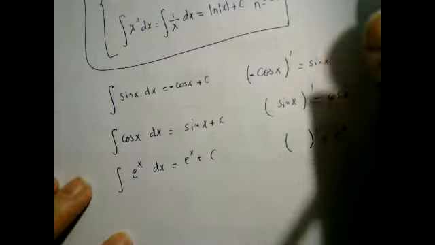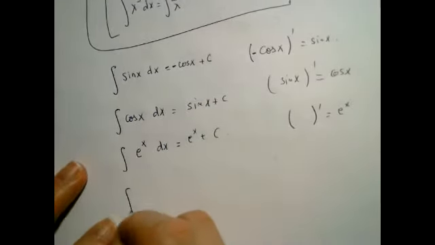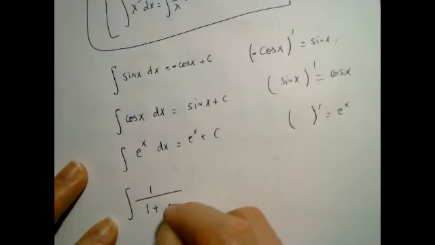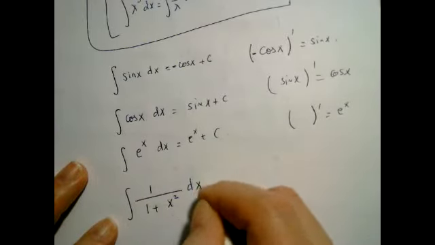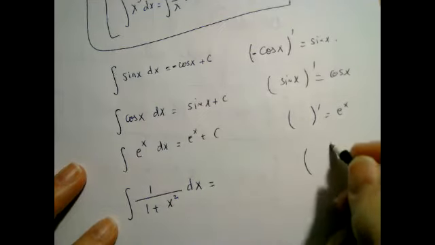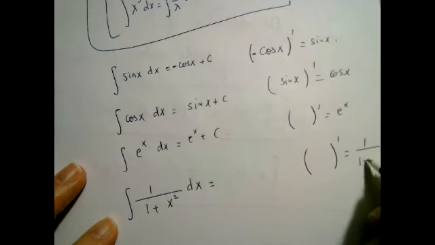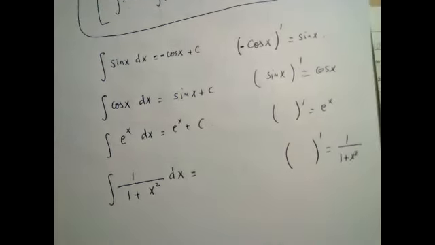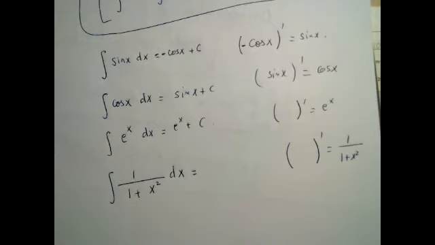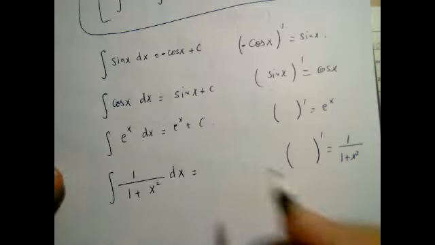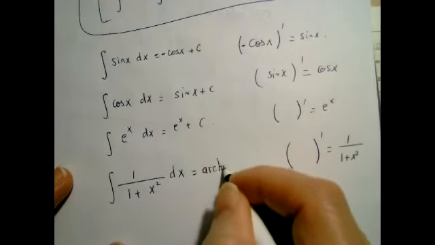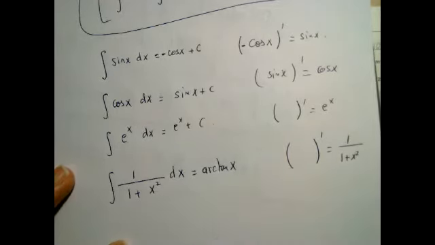Now, what other antiderivative should we know without any question asked, the one that you will forget? What is the function that, when we differentiate, we get 1 over 1 plus x squared? Anybody remember that? Is it tangent? No, the derivative of tangent is secant squared. The inverse sine. The inverse cosine. Sorry, the inverse tangent. Yeah, it's the inverse tangent. It's arctangent